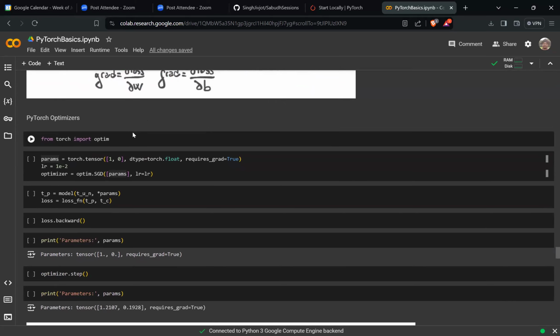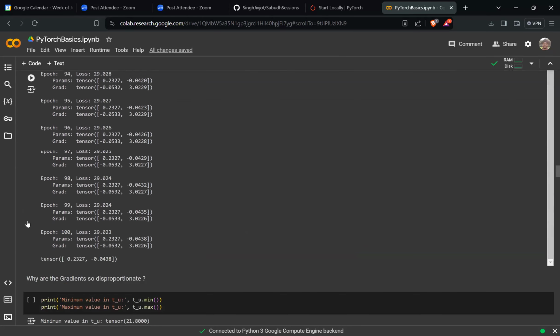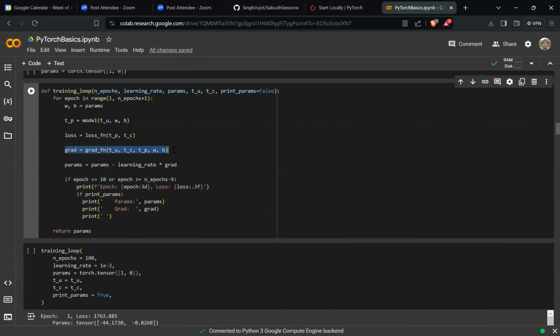So the other thing was we updated our parameters, right? At that step, let's go to our original training loop. This gradient function that we specified, instead of that, we did loss.backward, right? And the next thing was to update the two parameters here. But instead of two, there could be a lot more parameters, right? So this also